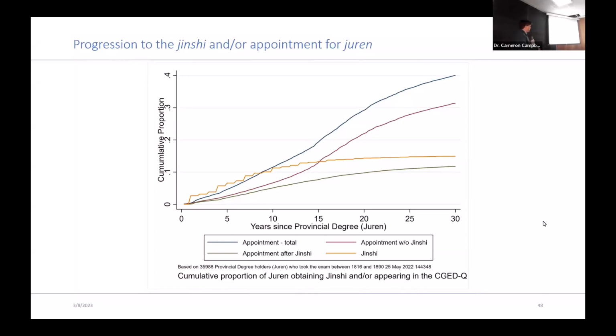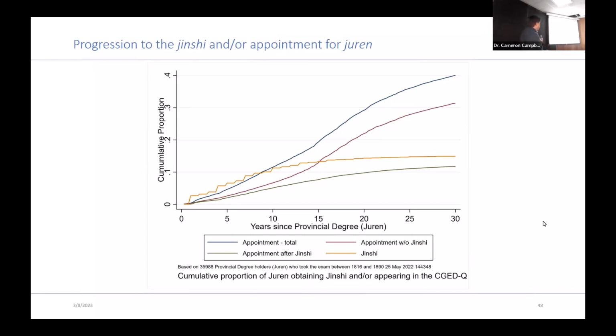And of those people, almost everybody got an appointment. But I guess it's sort of depressing. You'd think, even earning the Juren degree was an enormous effort, right? Maybe there'd be 100, 200 people per province every 2 or 3 years. And you're talking about provinces with populations of 30 or 40 million, even at that time. So it was an intense competition just to get to the Juren degree.